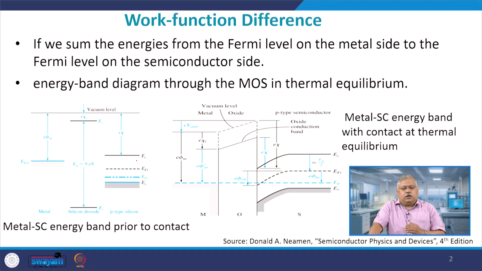We will look into now the work function difference. So, we have understood the basics of Fermi level. The takeaway was when the Fermi level is close to the conduction band, it is n type; close to the valence band, p type. If you give a positive bias on the semiconductor on the metal side, the bands will go down on the semiconductor side. If you give a negative bias, it will go up if it is an n type